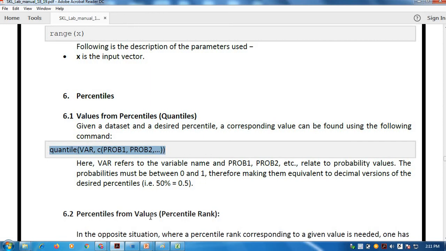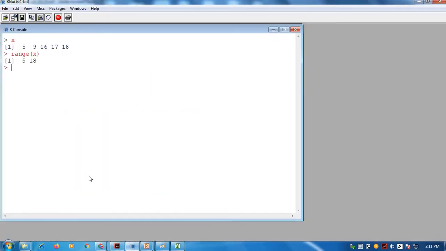Here I am just copying it and pasting here. Now very first we will simply use this quantile function providing the variable name as x. You can see here this total data set is divided into the quantiles.